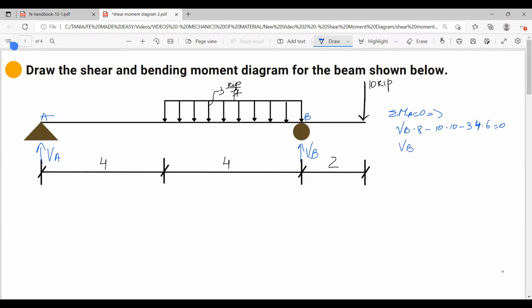So VB is equal to 100 plus 72, and this equals 21.5 kips. So VB is going to be 21.5, and now VA,